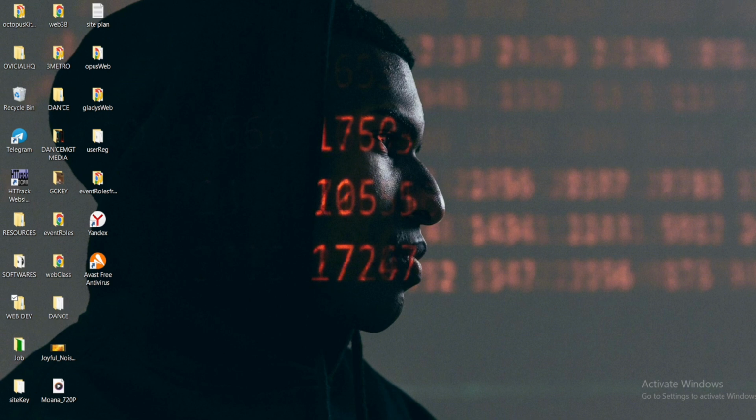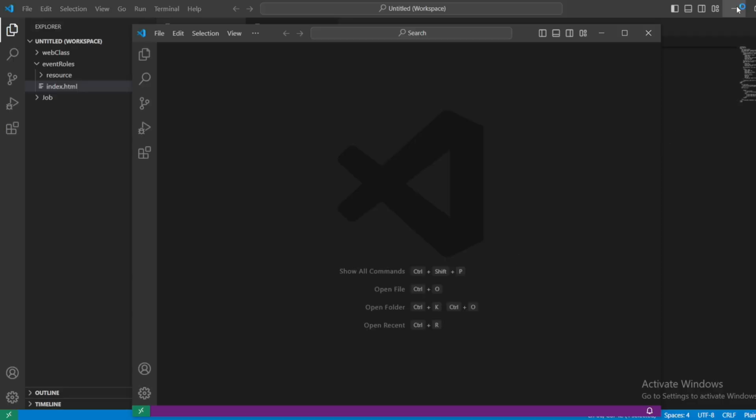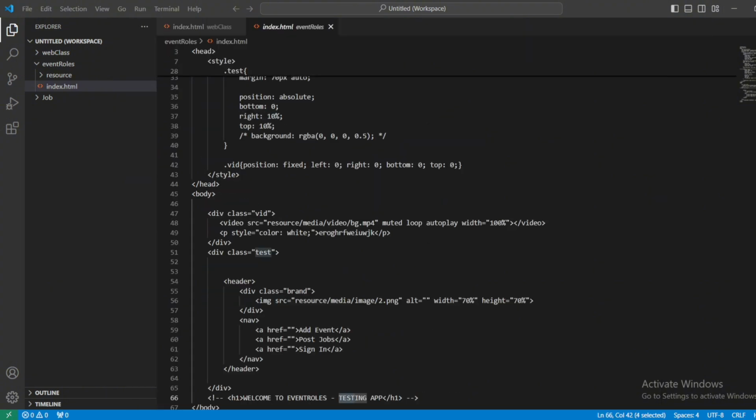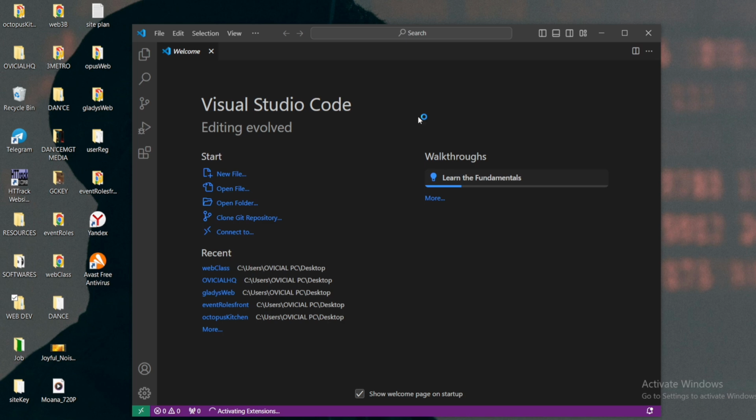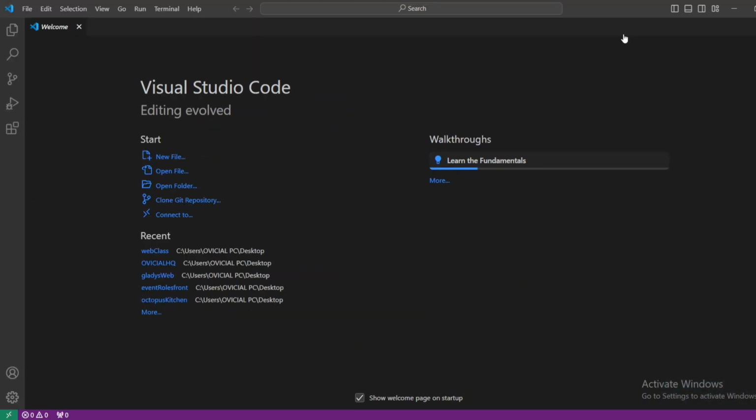I will first of all open my VS Code. I will double click on my VS Code to open it up, and I'll have an interface like this. For a start, I'll be having an interface that says, "Welcome." It gives you a welcome message: Visual Studio Code, editing evolved. You see a start file, you see my recent projects, and you see a walkthrough. That's the documentation. This has to do with the fundamentals, but right now I don't think you might be needing